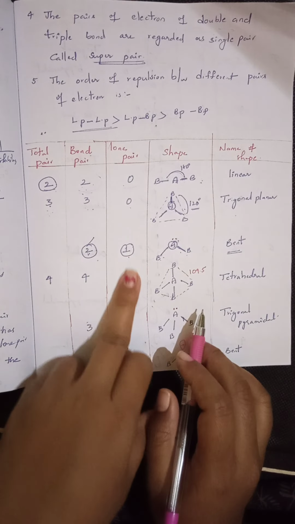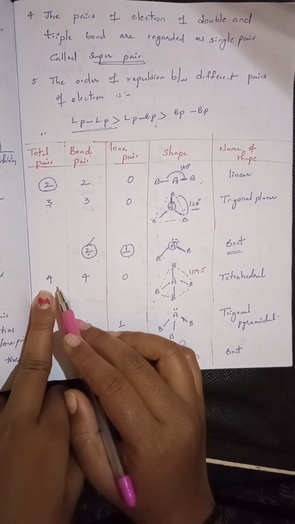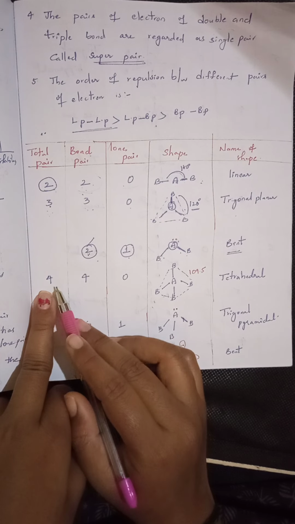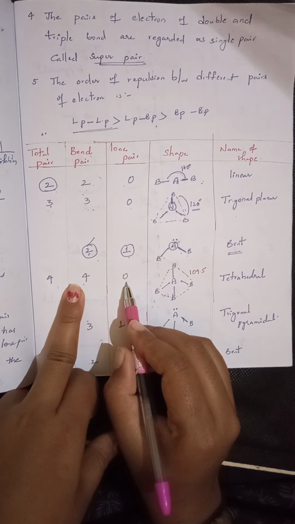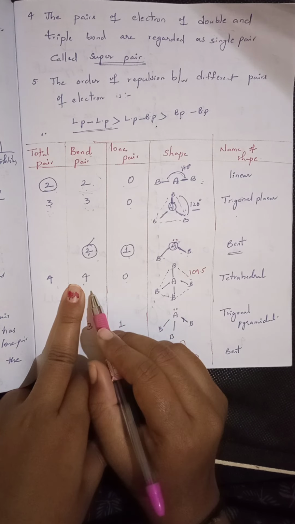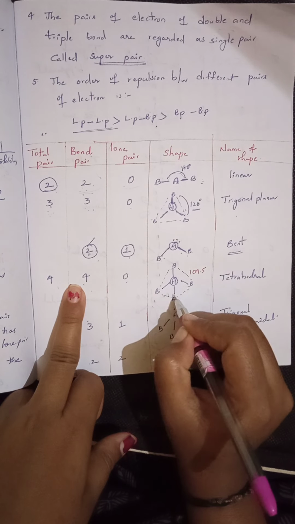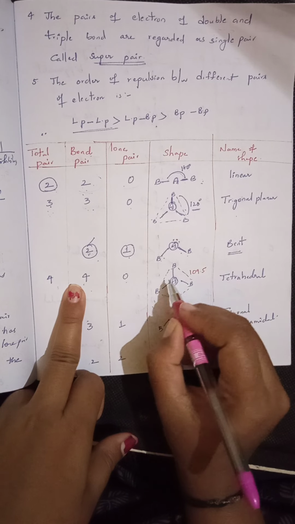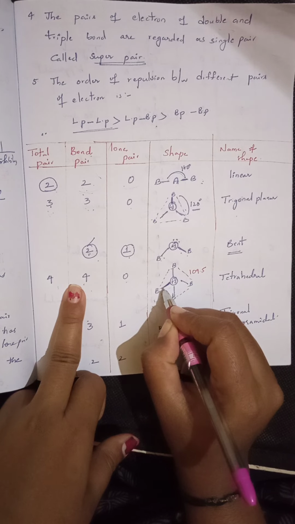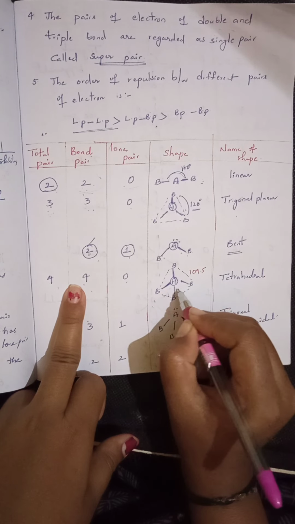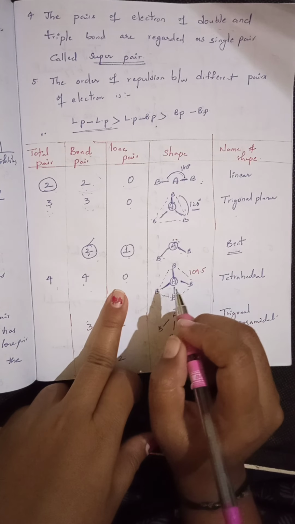of the molecule gets distorted. Now we are discussing a molecule with 4 pairs of electrons. If all 4 pairs of electrons are involved in bond formation, then lone pairs remain 0. There is no lone pair because all are involved in bond formation. That means around the central atom, 4 atoms are bonded by using 4 bond pairs. Each bond contains one bond pair of electrons: first, second, third and fourth. So totally 4 bond pairs are present and lone pairs are 0.